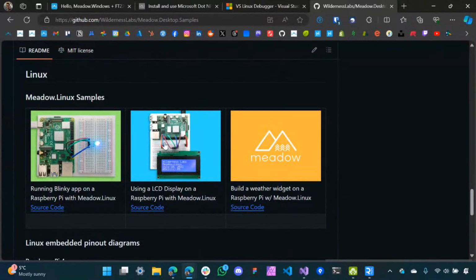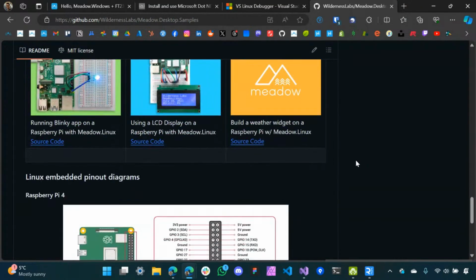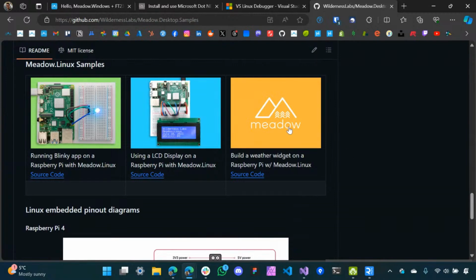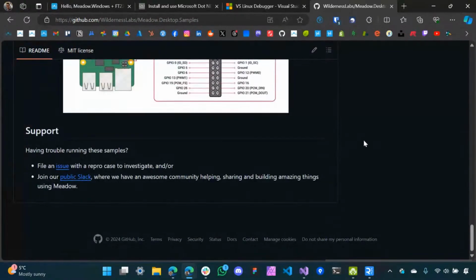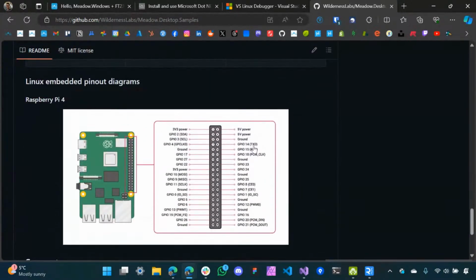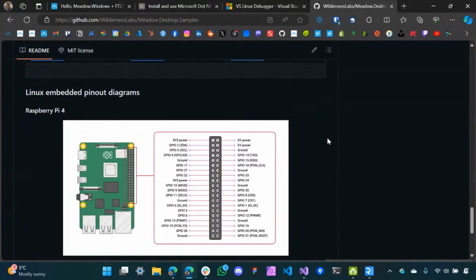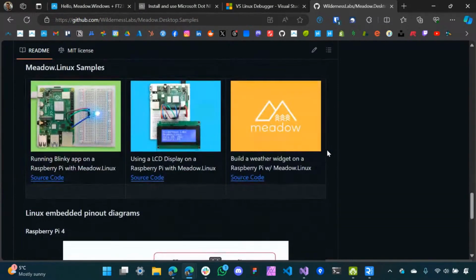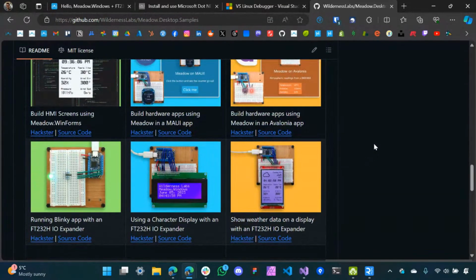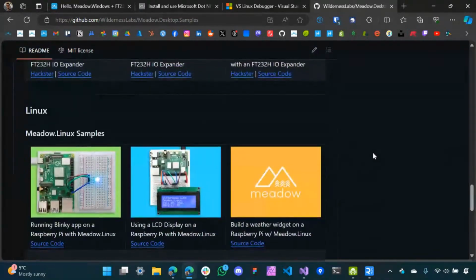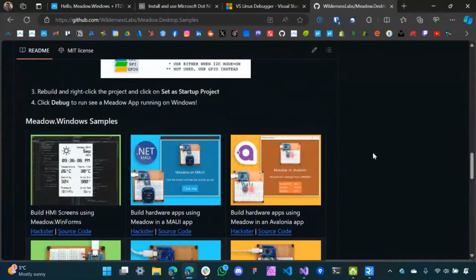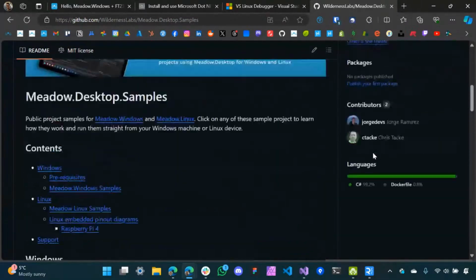And we have a Meadow Linux sample section as well. It's a little lonely. I think we need to add a little bit more samples in there. But this is all very new. The templates are also pretty new, so I think we can start ramping up and adding more Meadow Linux Raspberry Pi templates, projects, samples,